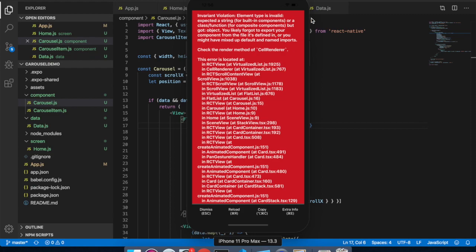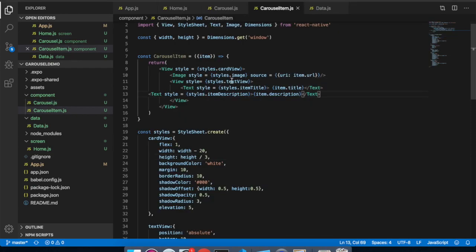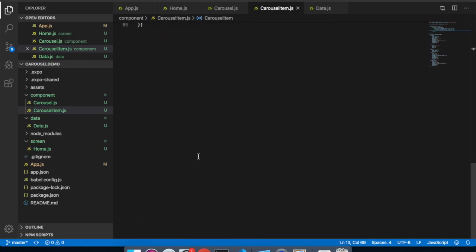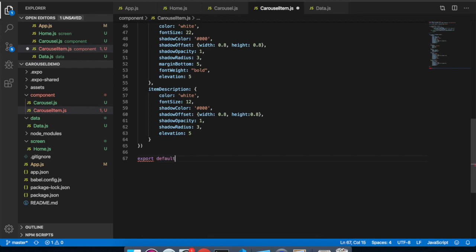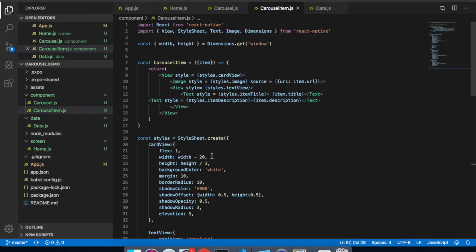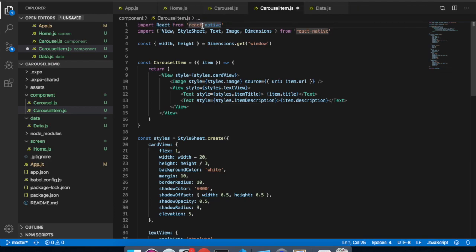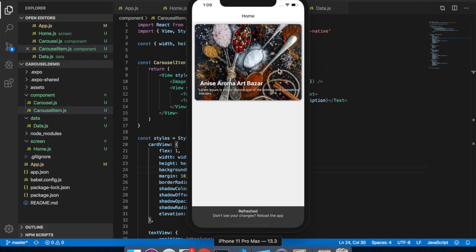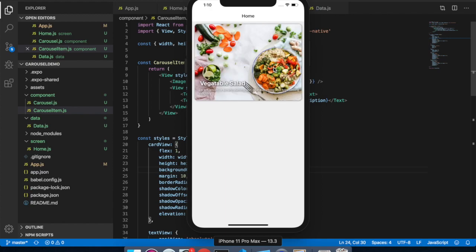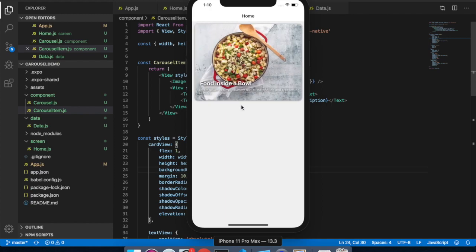Okay. Go to carousel item. At the bottom, I forgot to export default. Right. Export default into carousel item. Save this file. Now import React, not from React Native but from React, right? Save this file again and run. As you can see, I've successfully implemented this carousel view, but we are now unable to get this pager